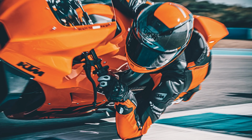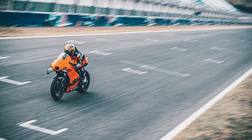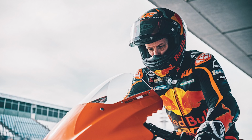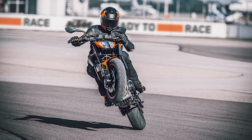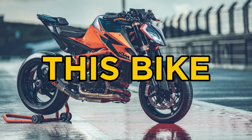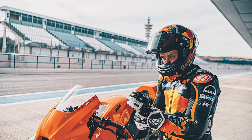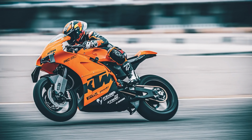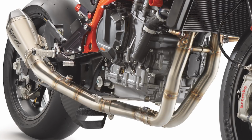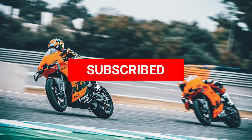Engineered to be the ultimate track bike, the KTM RC8C is a completely hand-built machine powered by the 889cc LC8C engine found in the KTM 890 Duke. Knowing that KTM also has the glorious 1301cc LC8 engine found in the 1290 Super Duke R, I wonder if we're going to see a more powerful version of the RC8C down the road. The engine is paired with a dedicated airbox and a full Akrapovic titanium exhaust, and it sits on a custom steel tubular frame, and the entire bike is wrapped in carbon Kevlar reinforced bodywork inspired by the KTM RC16